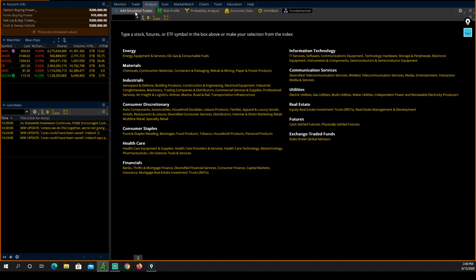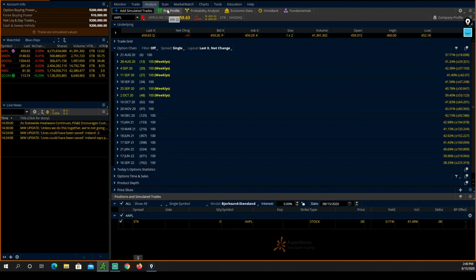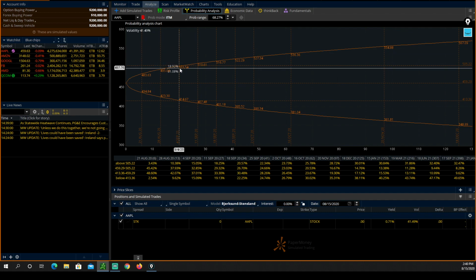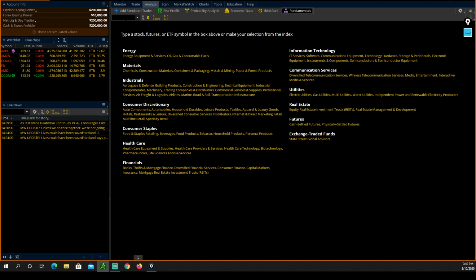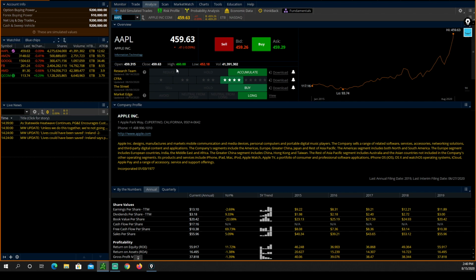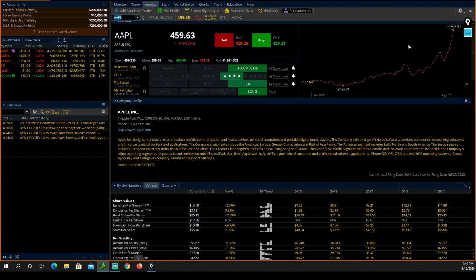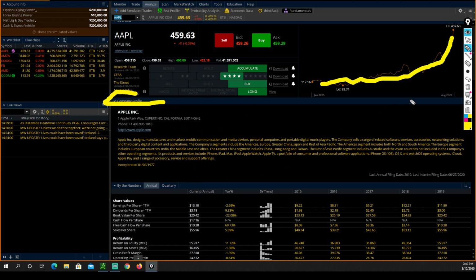And let's move on to the Analyze tab, where I spend a lot of time under the fundamentals section. But we also have simulated trades here, risk profile, probability analysis, economic data. You can go back to the fundamentals, say I want to take a look at what's going on with Apple. I want to enter the ticker symbol. It will bring up some basic information about the company. As you can see, I will see the chart right here, how price moved, some analyst ratings here, company profile, and also some fundamentals of the company,